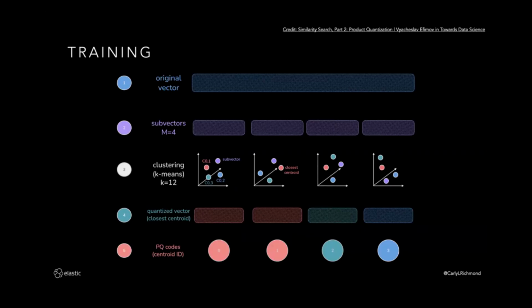So what you'll see is this is the original vector at the top. There are two constants that we need to basically define. So we need to configure the number of what we call subspaces, which is the components we're going to split the original vector into. So here in my example, you see the M set is 4. For each of these subspace vectors, we are going to identify a centroid.